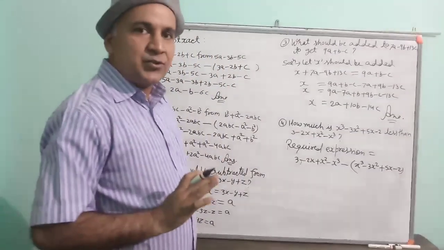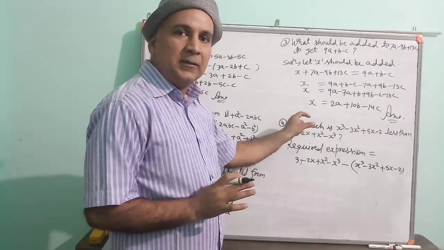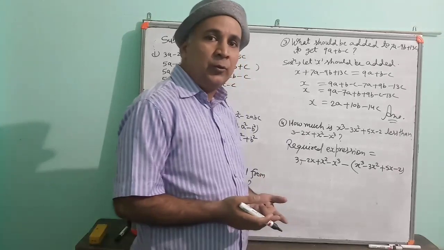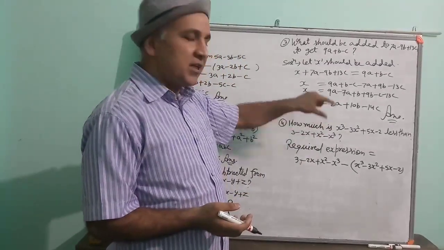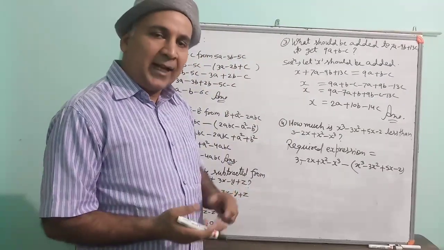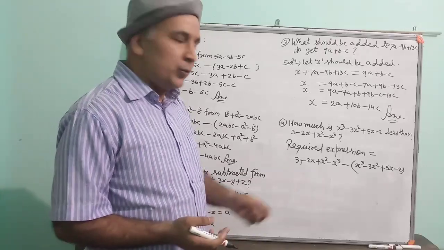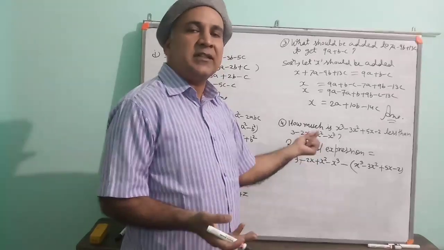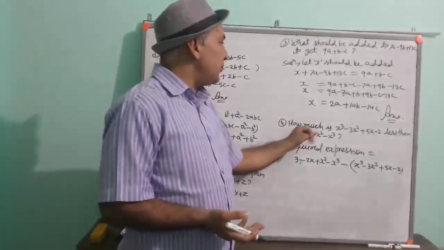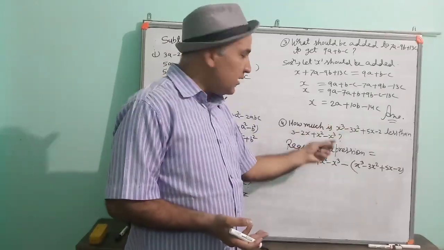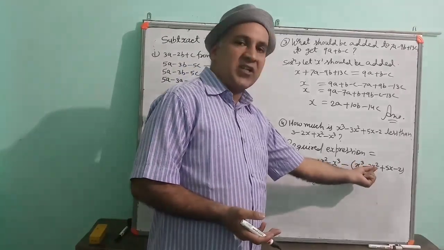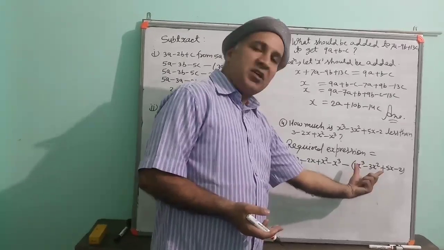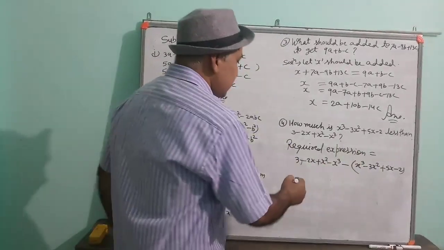Is the process understood? How will you find the method? Suppose in an algebraic expression you are getting confused about what you have to do, then in place of the algebraic expression take a simple natural number and then find the method. As I told you, how much is 8 less than 10? And then you got the method 10 minus 8, means second number minus first number. So here second expression minus first expression, and whenever you subtract, the second expression is kept in a bracket. Now solve and get your answer.